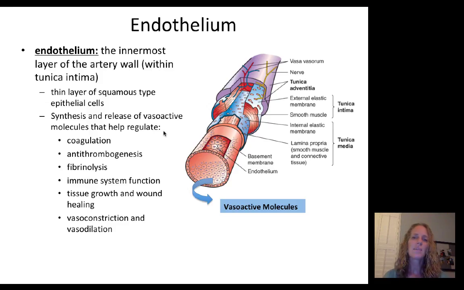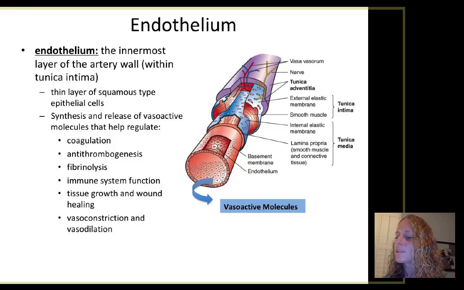Before we end the portion on blood vessels, I want to talk about the endothelium. The endothelium is becoming more and more appreciated as a tissue almost on its own. It's a very active tissue. And so some are starting to classify the endothelium separately from the other layers of the artery wall. So it's found within the tunica intima, and more research is looking at the synthesis and release of molecules specifically